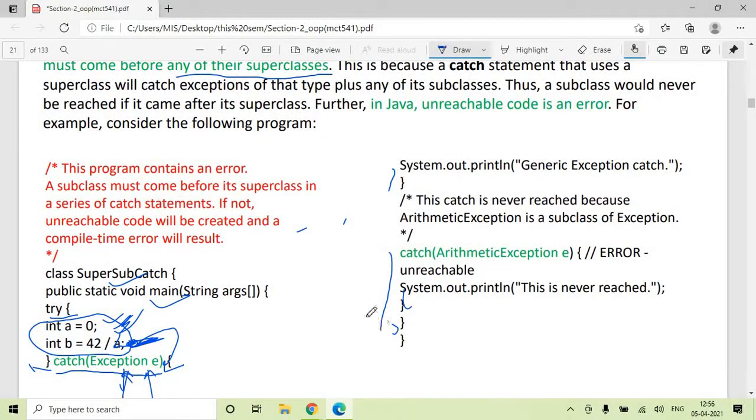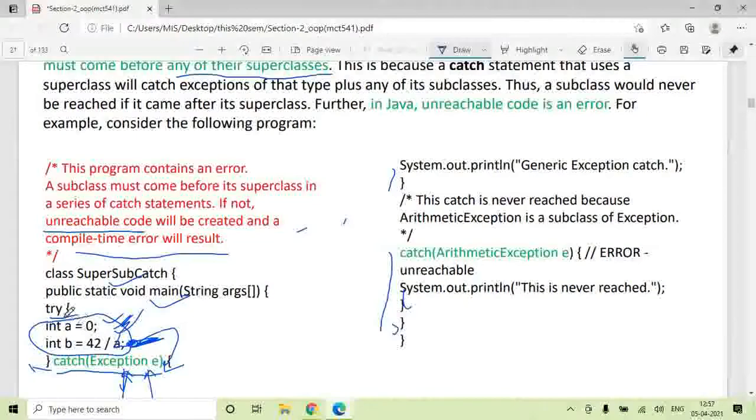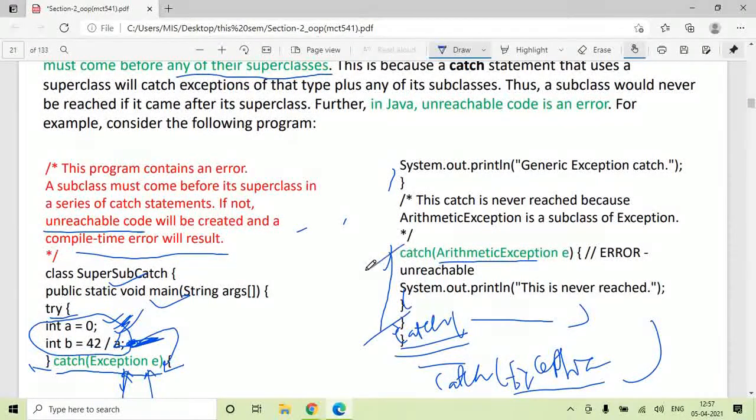So in Java, such a piece of code is called unreachable code, and it will give you a compile time error. So it is always advisable that you write a try, then you write the arithmetic exception catch. If you want to write another exception, like array index out of bound exception, you write another catch, then a third catch, a fourth catch, and at the last you write catch exception. The last catch should be the generic one. If you write the generic one as the first catch, then it will result in unreachable code, and unreachable code in Java is a